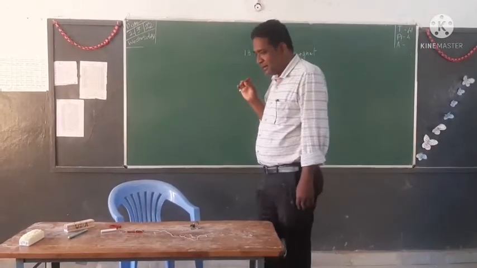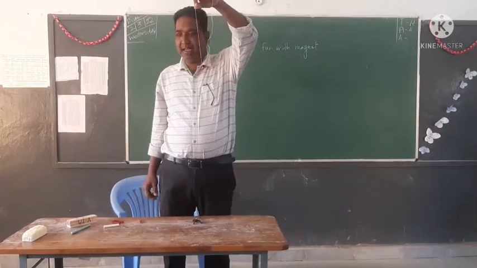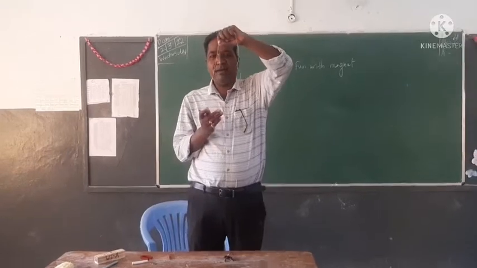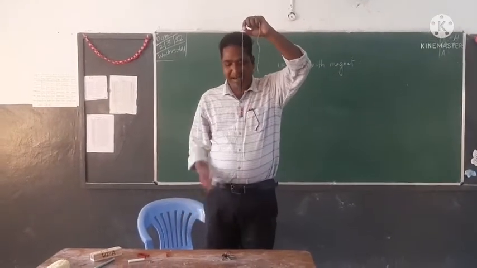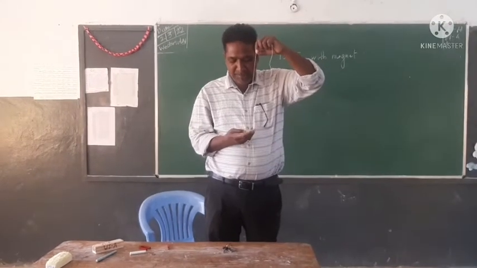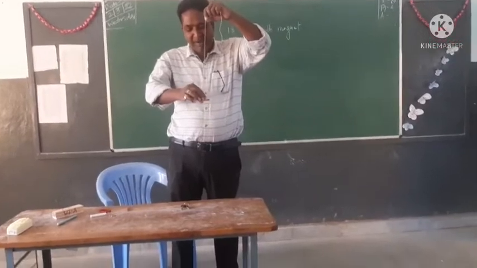Okay? Yes, sir. Now I tie a thread to a bar magnet. Look at this. मैंने क्या किया है यहाँ पर? Bar magnet से thread को बांधा है, ना? थ्रेड बांधा है. And I put the thread in one hand. बराबर है? इसको मैंने एक हाथ में पकड़ा है. And I rotate freely this magnet.